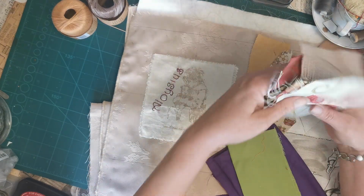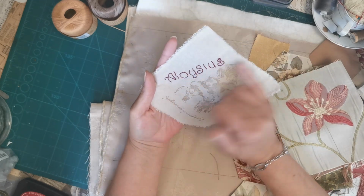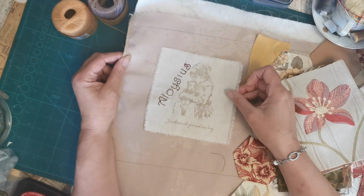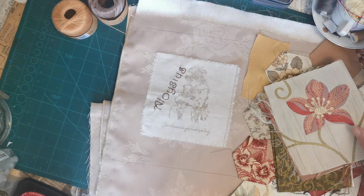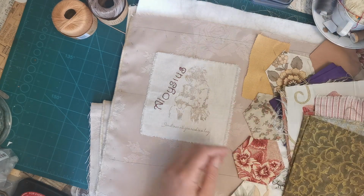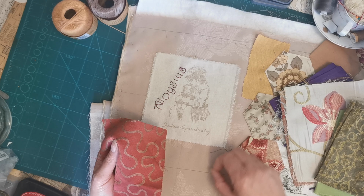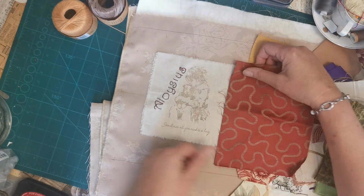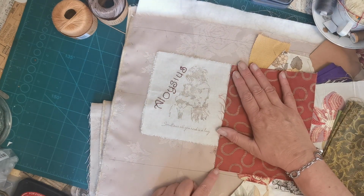Now, I stamped these with you, but while you were gone, I just put in Aloysius, which is the name of the teddy bear in my most favourite book, Brideshead Revisited. So there you go. We've got Aloysius and we've got these fabrics. So let's see where we're going. Because we're butting up to this gold and this red, ignore that, we need to probably use this one first, and that is just perfect really